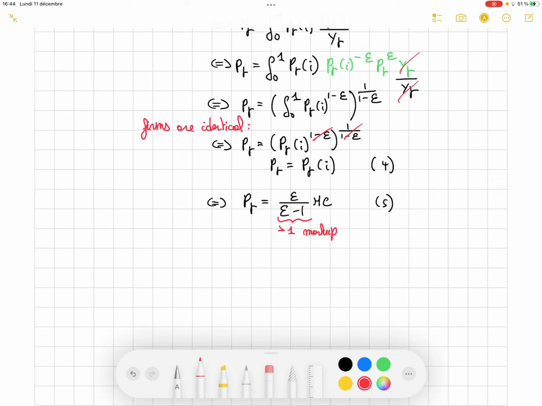What is notable here comes from this monopolistic competition that we had, and what you notice directly is that the higher the elasticity of substitution, the lower this markup. Basically it means that you have more competition in a sense between the varieties, so it will decrease the markup. Okay, so that's our final expression.